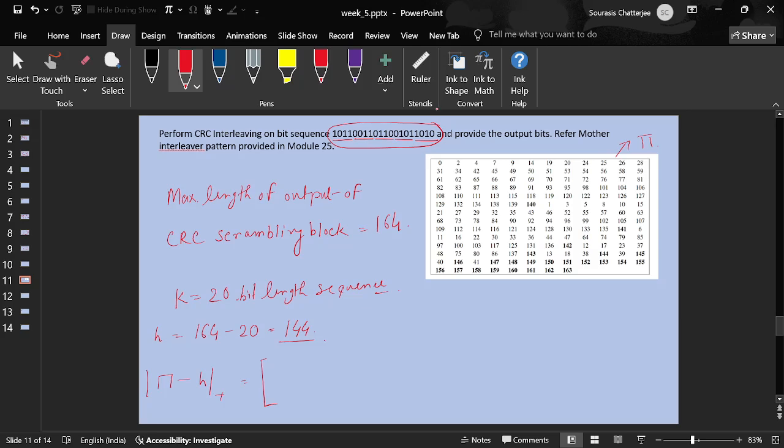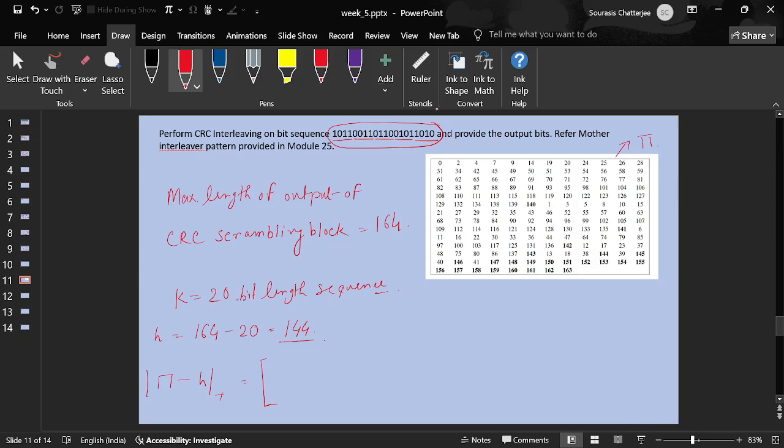So you are saying I should subtract h from this mother interleaver pattern and only pick those elements in these indices which are greater than or equal to 144, right? 144, yeah. Okay,